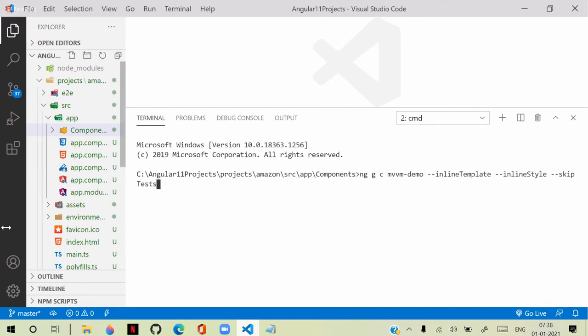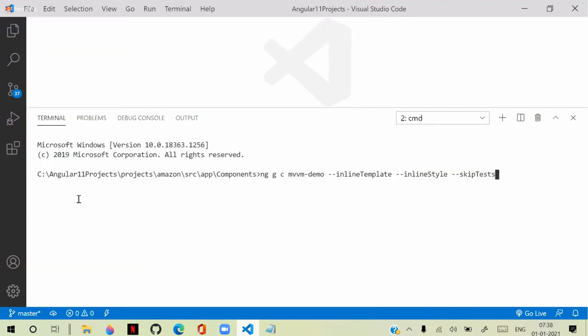You know that this is going to add only the component TS file. That means we are generating a component where only one file will be there: no separate HTML file and no separate CSS file.